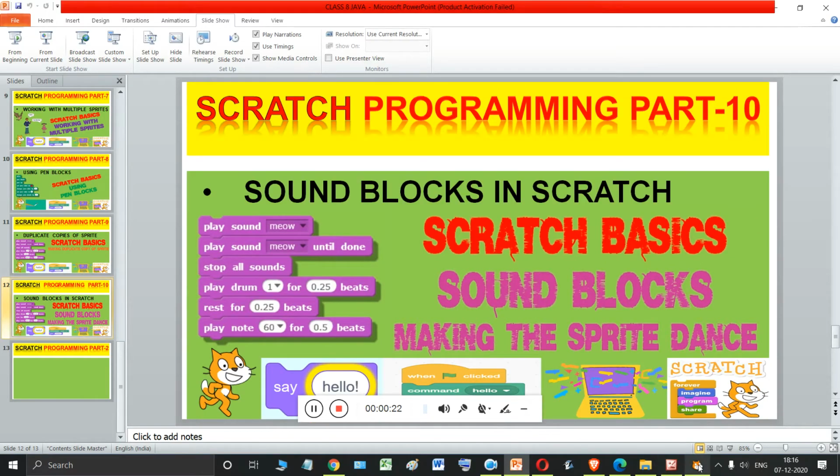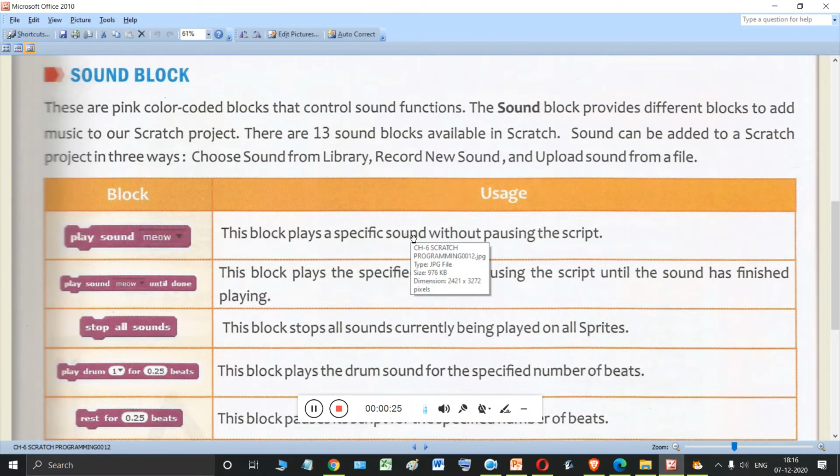Now, students, you know that the sound blocks are used to create sound effects in your Scratch project. These sound blocks are pink color coded blocks that control the sound functions. The sound blocks provide different blocks to add music to our Scratch project. So if you want to add some sounds or music to your Scratch project, you have to use the sound block. Now there are 13 sound blocks available in Scratch, and we will be talking about some of them in